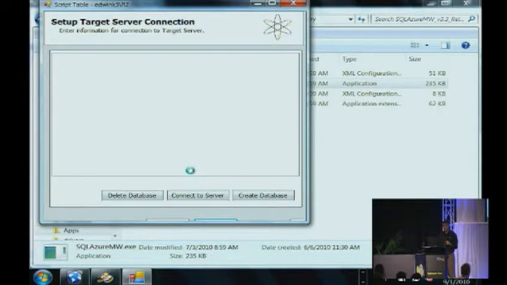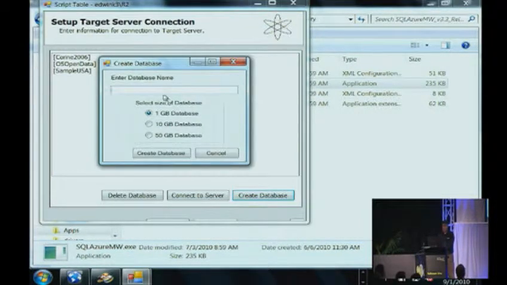And in SQL Azure, I'm going to create a new database to receive this one. Okay, I'm connecting to the SQL Azure data center, which is the Midwest data center for Microsoft, located in the Chicago area in the US. I'm going to create a database. That database name I will call the same, Kern County